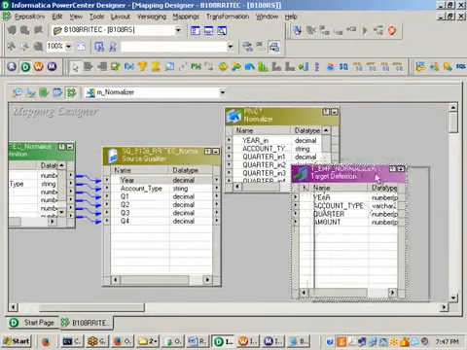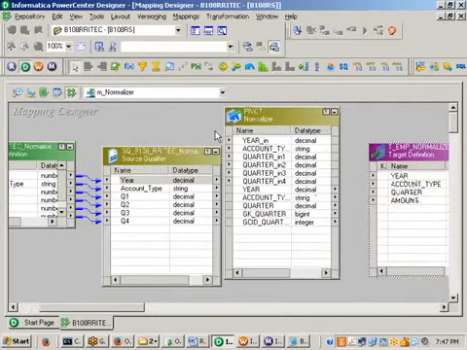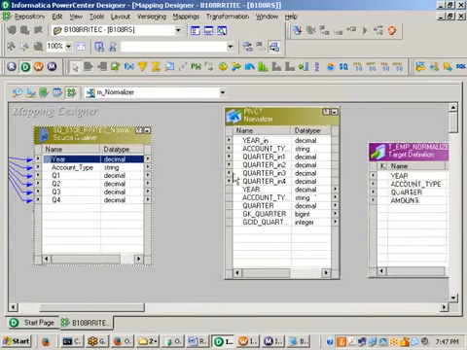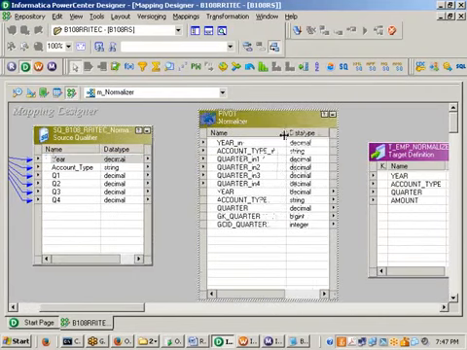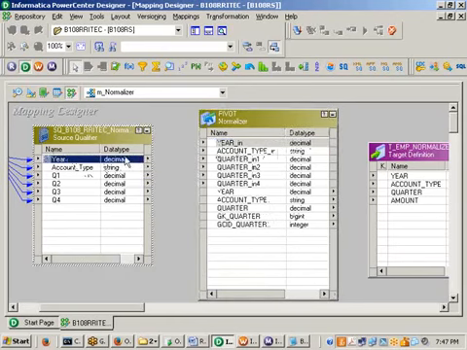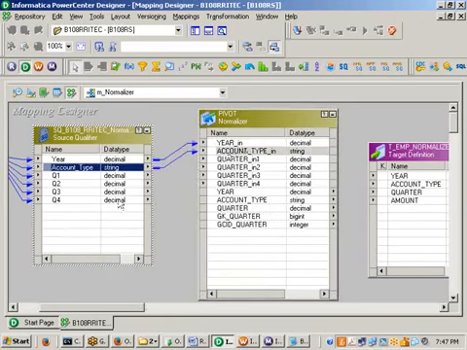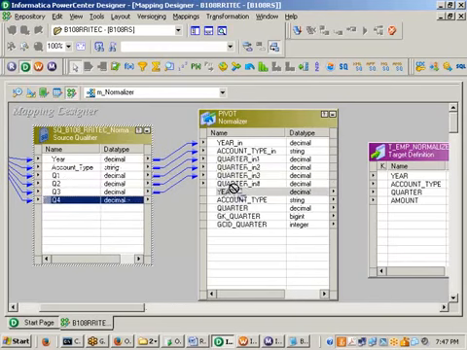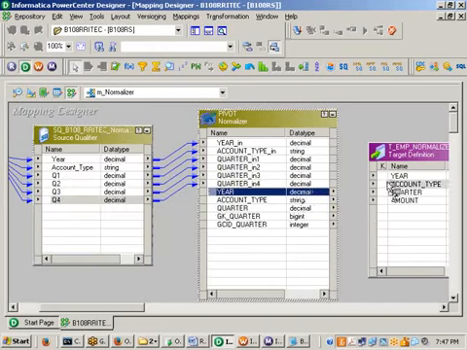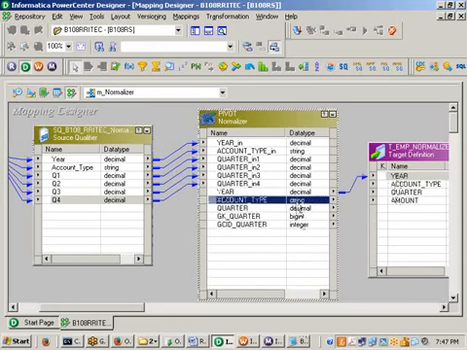Now you can observe here it is accepting inputs and outputs. Here is the input, so you can connect it here, no problem. Account type is also an input, you can connect to account type. Quarter 1 is input, go for the quarter 1 in 1. This is in 2, this in 3, this is in 4. What about the outputs? How do I need to map the output? Here I can map with the year, no doubt. Account type I can map with the account type, no doubt. Then quarter is